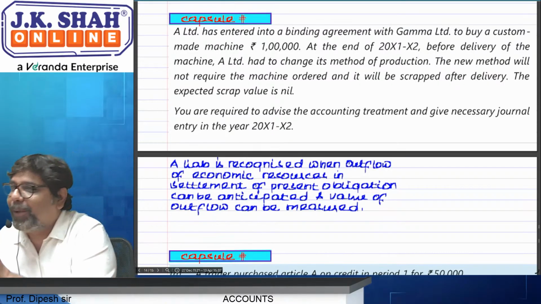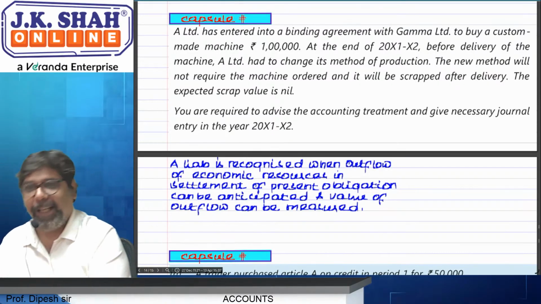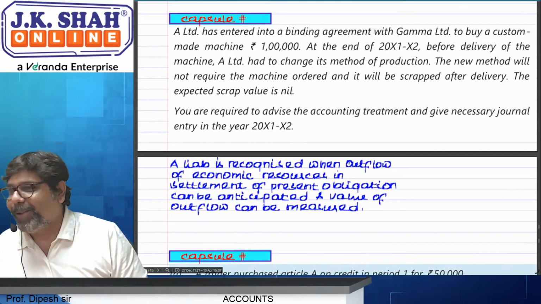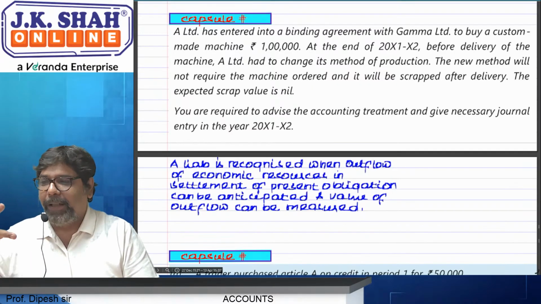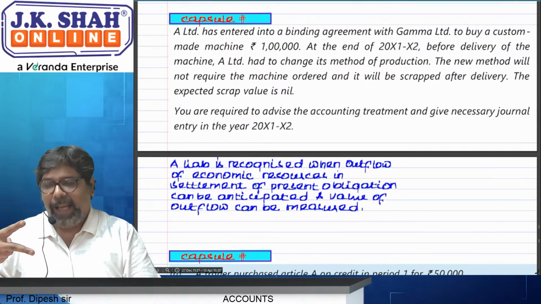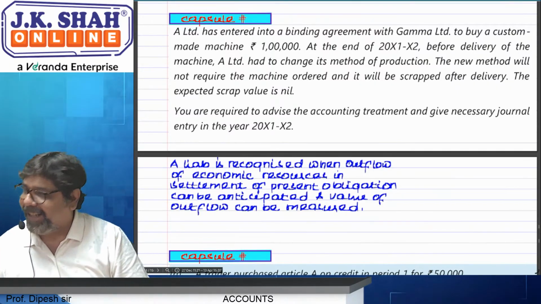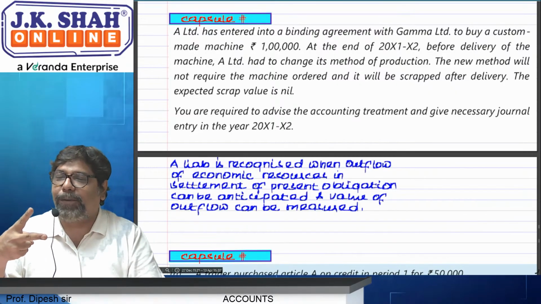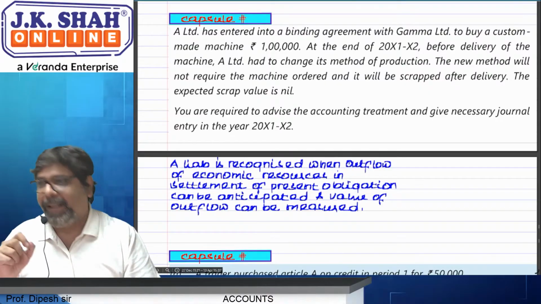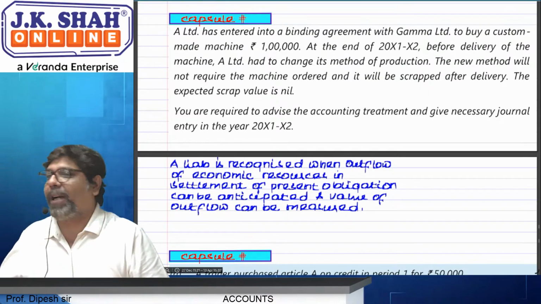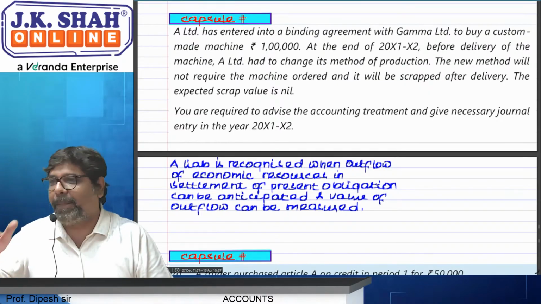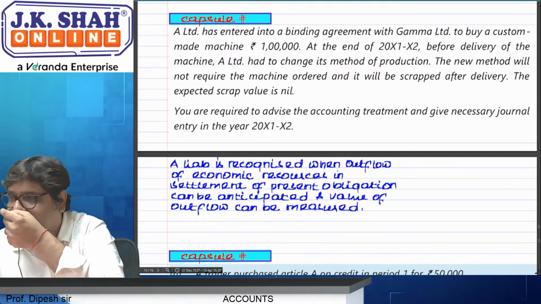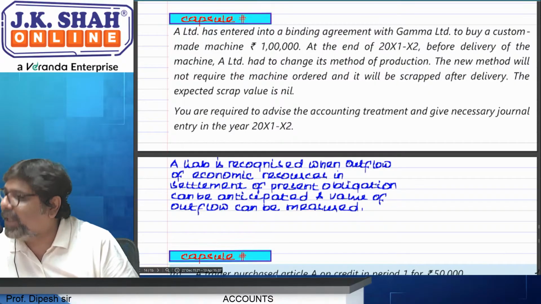If you think that you will lose the case, then you anticipate the liability. But if you think that you will win the case, you will not recognize it. So two conditions. Are you anticipating a loss? Yes, sir. Then recognize. Do you know how much the liability amount is, how much you are supposed to pay? Yes, sir. Then you recognize the liability. So two conditions. Condition number one is anticipation. Condition number two is that you should be able to measure the amount. Paisa kitna dena hoga. Correct or incorrect?